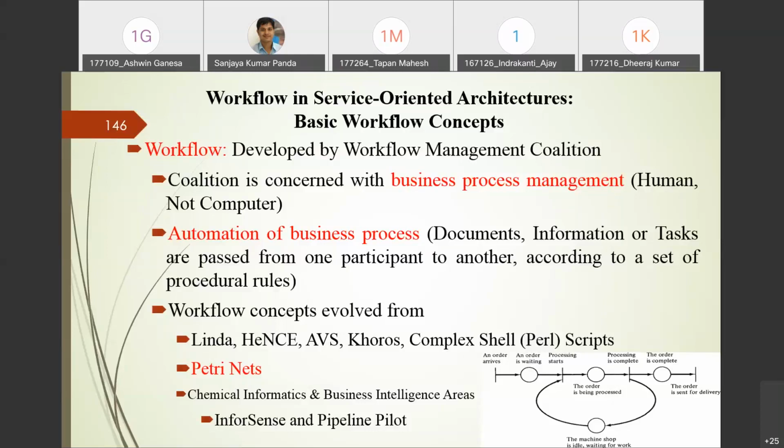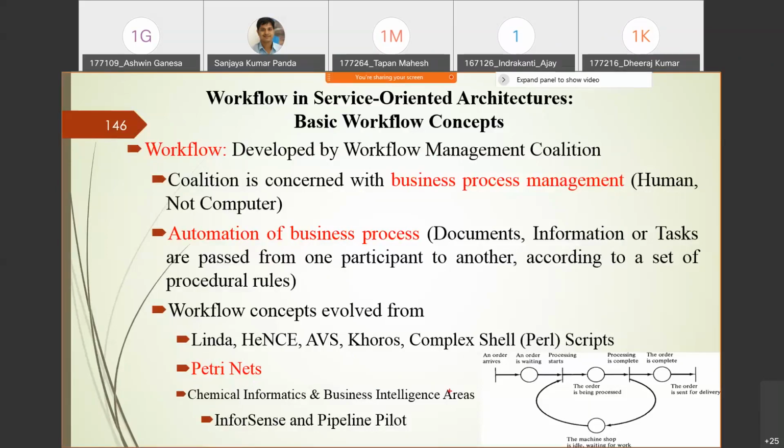And one of the things you may have studied in software engineering also is called Petri Net. Although there is a colored Petri Net also, Petri Net can be considered one of the early ideas important for workflow. So I have given a small example here, to clear the idea of Petri Net if you have not studied it.